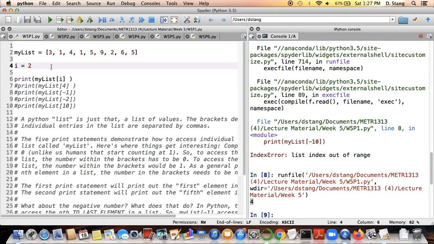Now, the main restriction that you want to keep in mind when you're working with variables and plugging numbers into the brackets, we've already talked about one restriction, and that's you can't put a number that's too large or too negative, but you also can't put anything that's not an integer in there. So you must put an integer in the brackets, or the end result must be an integer in the brackets. If you try something like